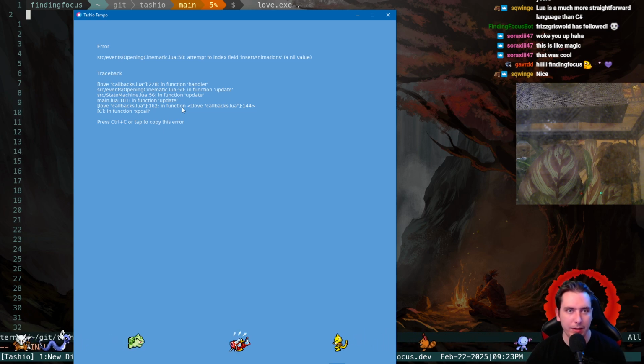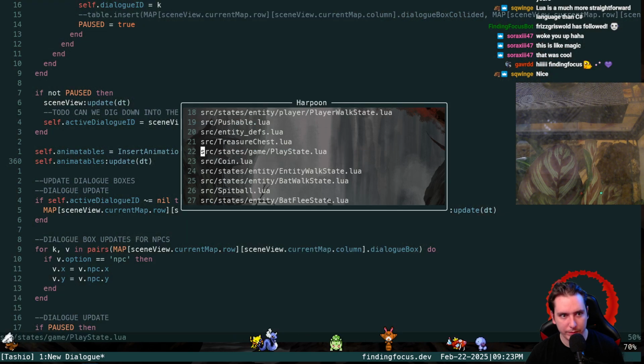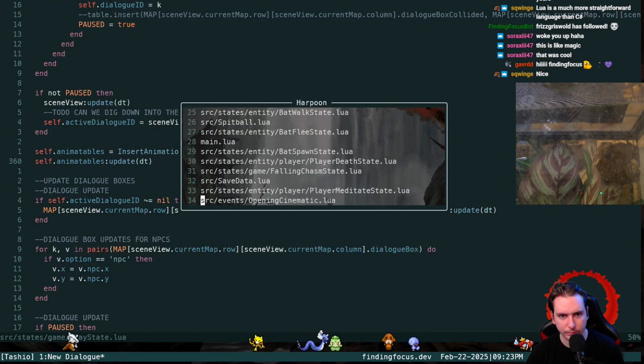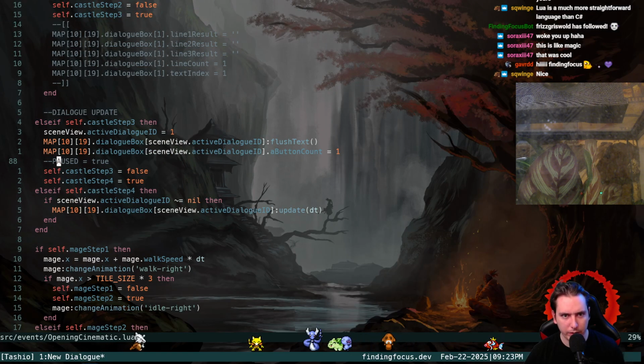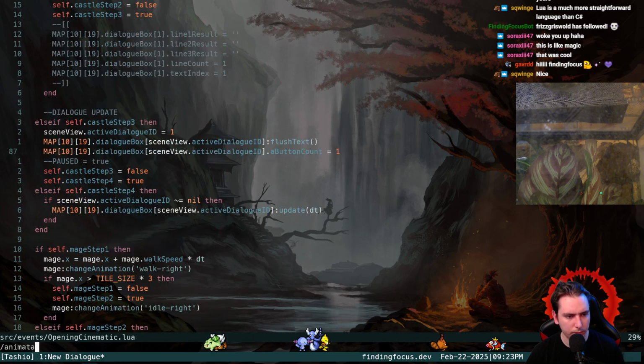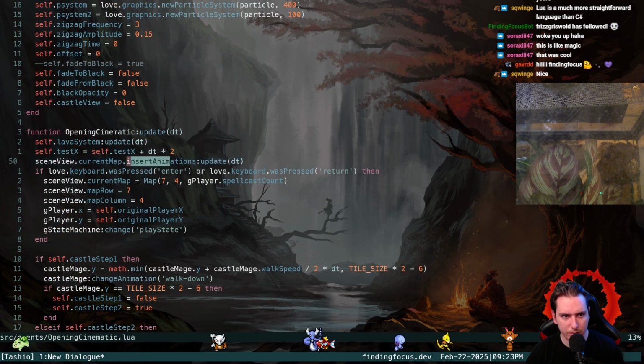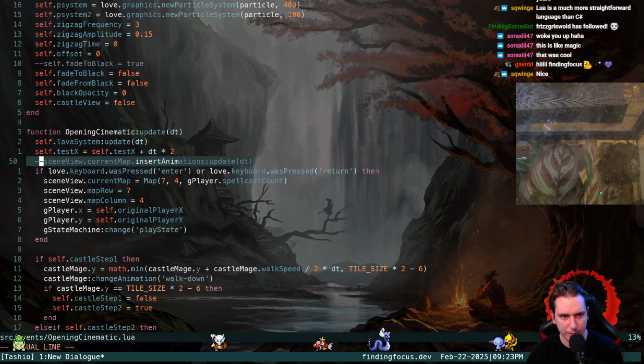Okay, insert animations. Oh, we do this the old method, the old way in the opening cinematic. So in the opening cinematic, we just need to turn off the insert animatables, because we're kind of doing it, how are we doing it here in the cinematic? Insert animations update. Okay, so yeah, we should be able to take this out because we're doing it anyway in